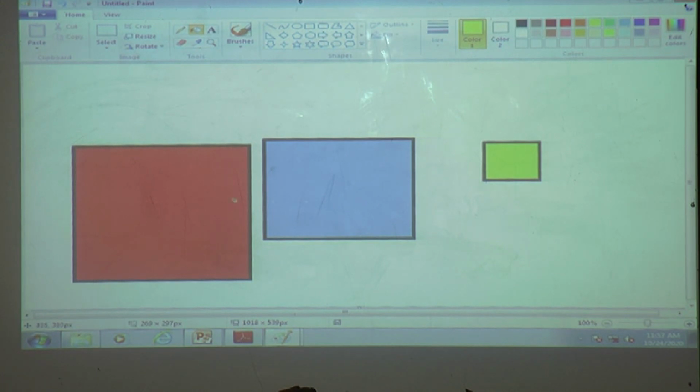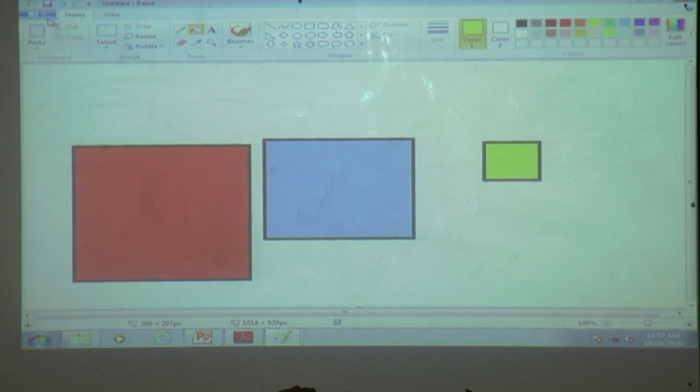Now, is the file saved? No, we have not saved it. Then how to save it? You can see this is the Paint button.